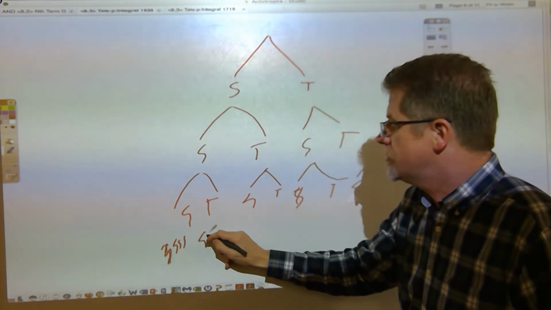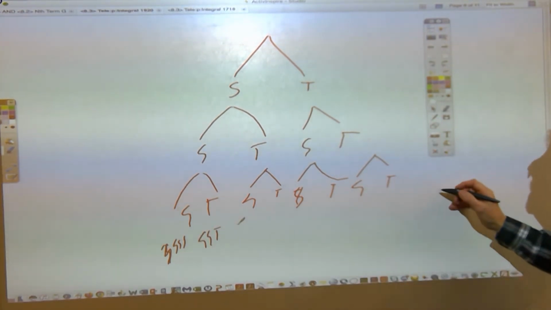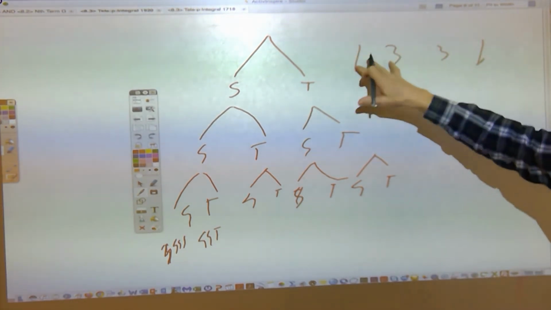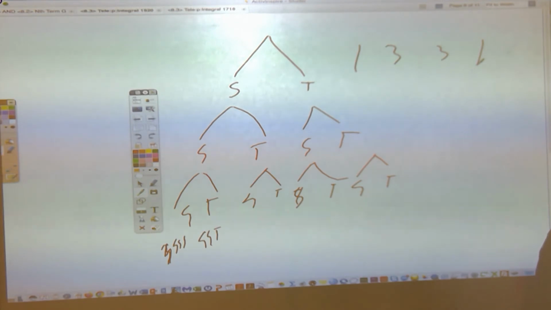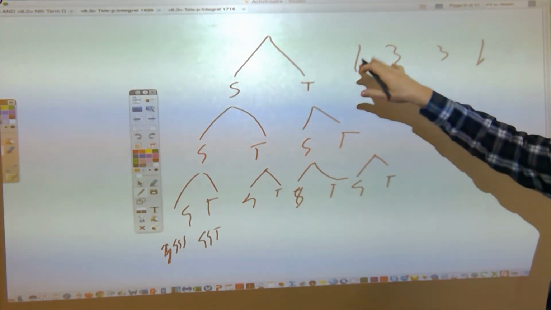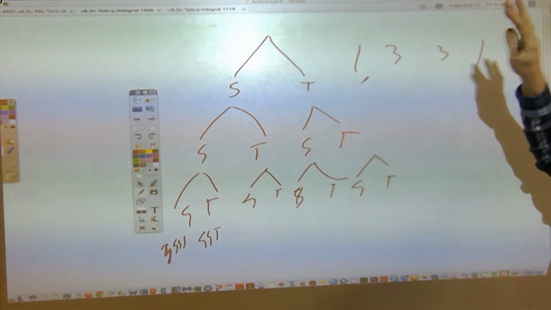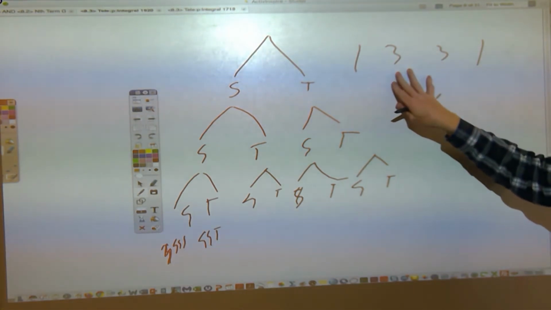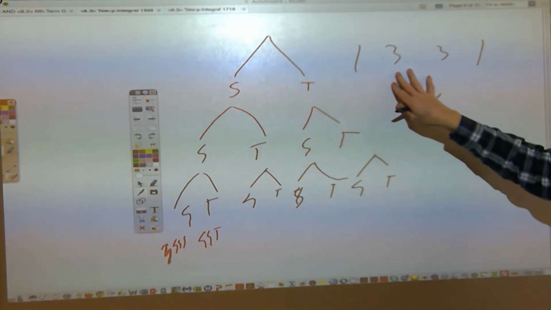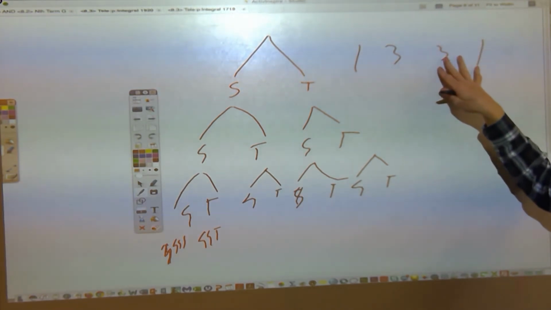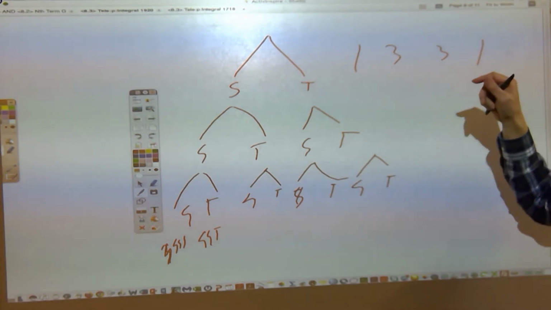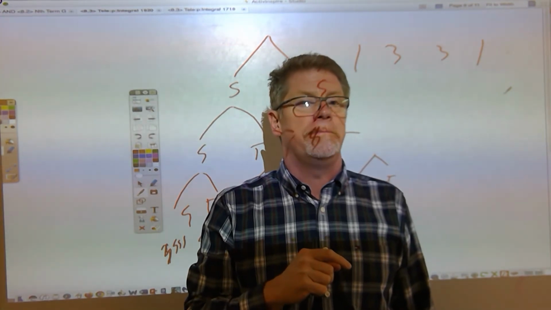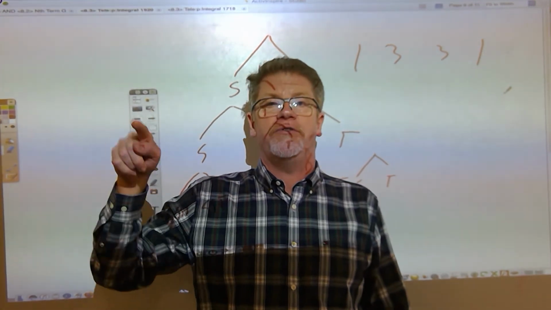Sometimes we'll have short, short, tall, and since I know that row 3 of Pascal's triangle is 1, 3, 3, 1, I think there's going to be one of those 8 samples with 3 short people. 3 out of 8 times, if I were to do this 8 times, I'll have 2 shorts and a tall. 3 out of 8 times, I'll have 2 talls and a short. Only 1 out of 8 times will it be all talls. Would you please do an air sketch of what you think the sampling distribution of sample means will be shaped like?